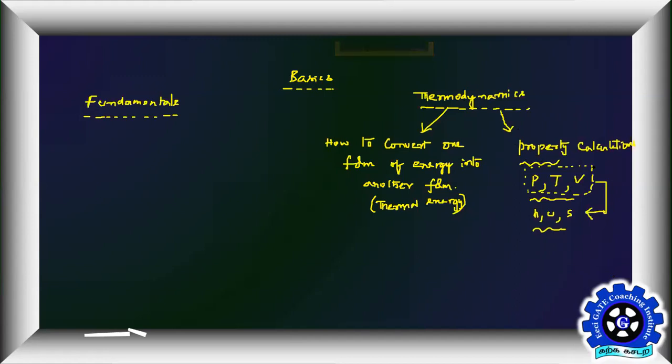So the use of these property calculations is basically that at the end of the session of your thermodynamics, we will correlate all these energy conversions, whatever you're talking about in the first part, and they will be completely linked to your property values. This is how we'll do a smart job. Whatever energy conversions you are going to read, we will write any energy that you are interested in in the form of property values. That means if I know the property value, I can calculate the required energy calculations, whatever you want.